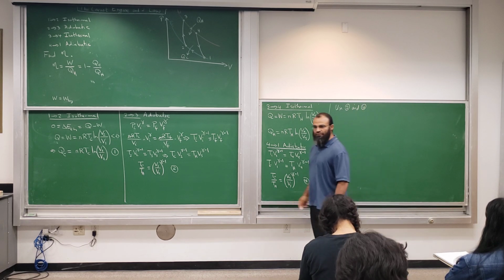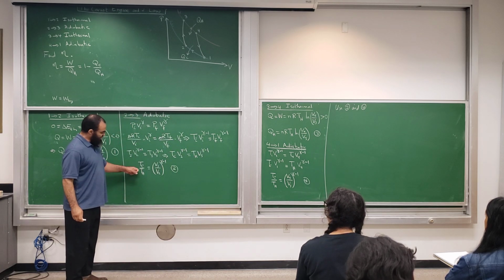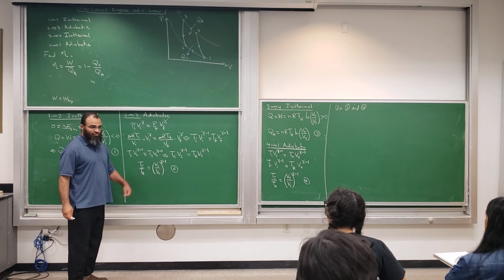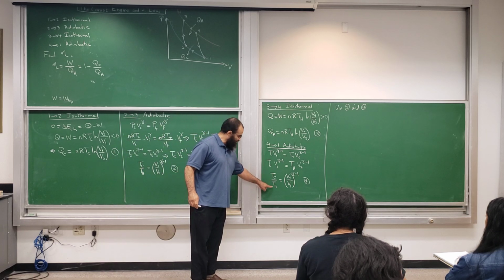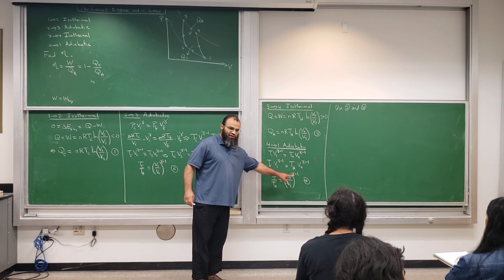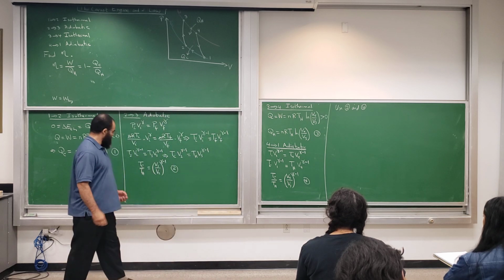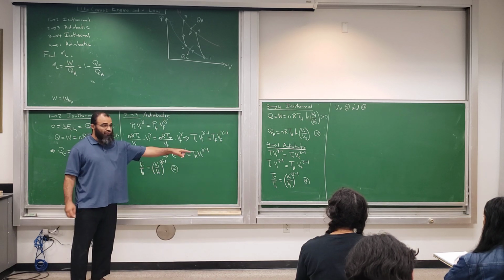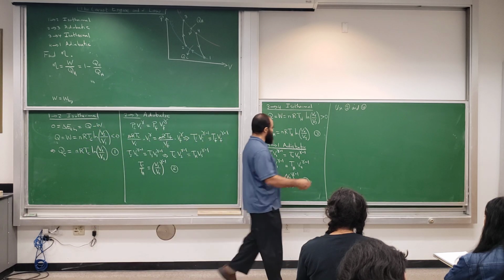Look at equation 2. Equation 2 says Tc over T hot is equal to something. Equation 4 also says Tc over T hot equals something else. So those two things on the right, they must be equal to each other, right? The right side of this must equal the right side, because the left sides are the same. So that means this. We got